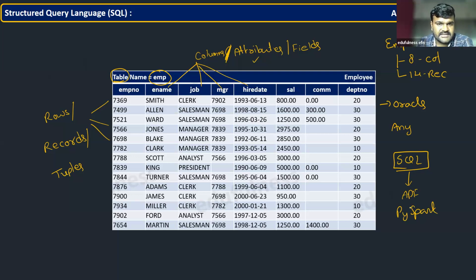For example, joins, CTEs, stored procedures, where clause, group by, having, and the different transformation-related concepts are there. You should be familiar with them, that's all. So give high priority to this.